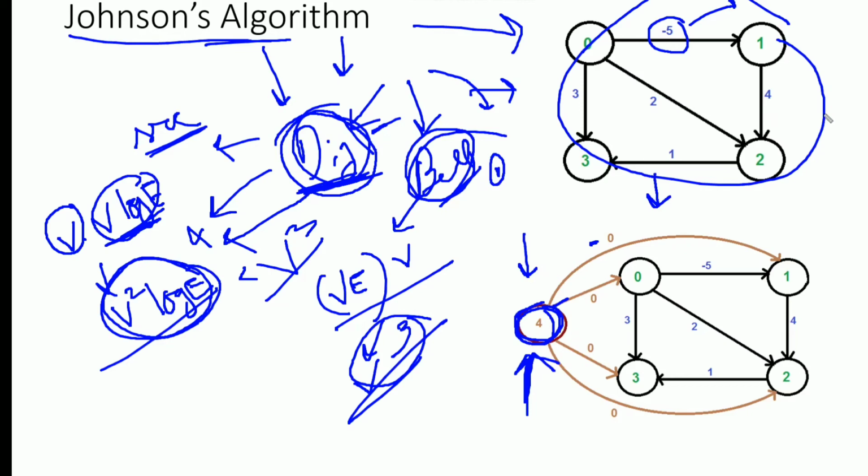weight cycle. But if the graph does not have a negative weight cycle, then on adding the extra vertex, it will not create a negative weight cycle because all the edges are being directed from that extra vertex to all other vertices. So we are going to apply Bellman-Ford algorithm. In Bellman-Ford, we will be getting the distance value for each vertex.